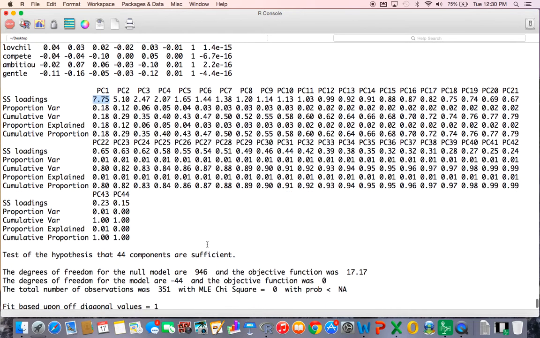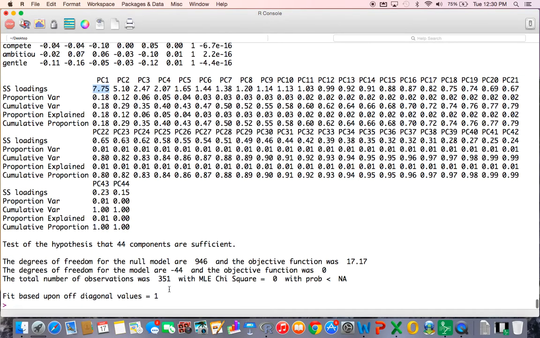And so 7.75, let's see, 18% of the variance that's explained by all 44 items is explained by this one component. As a rule of thumb, we typically want to keep the components that fall 1 or higher.